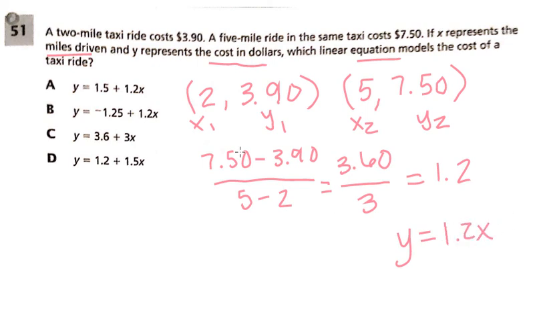I still need a y-intercept. So both of those have x attached to 1.2. That would have a slope of 3. That won't work. That would have a slope of 1.5. That won't work. So now I'm going to take one of these ordered pairs, and I know that my slope